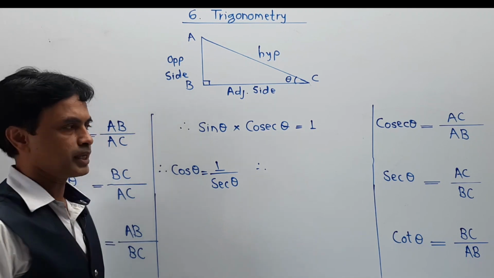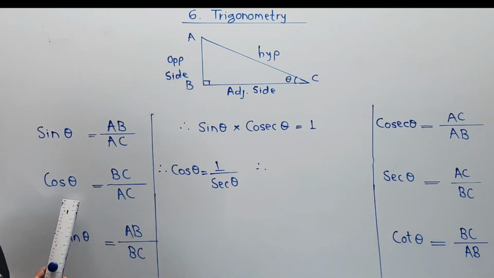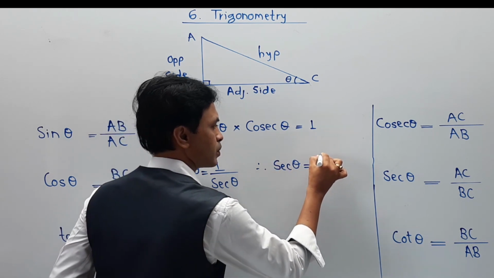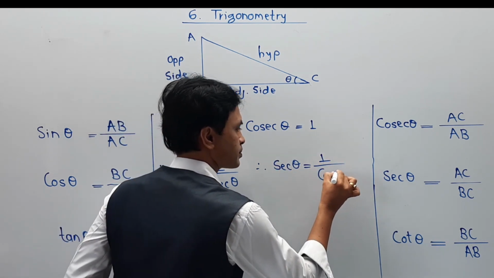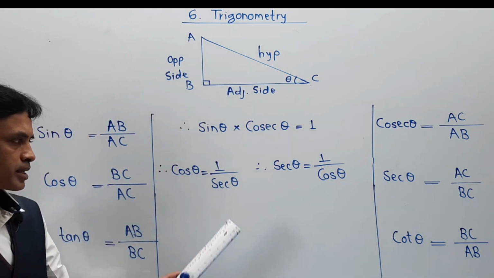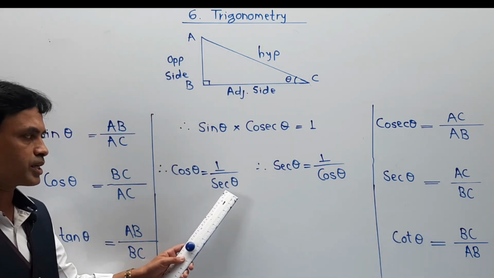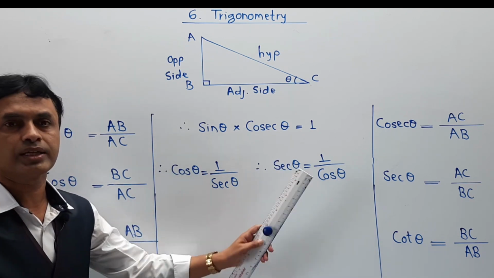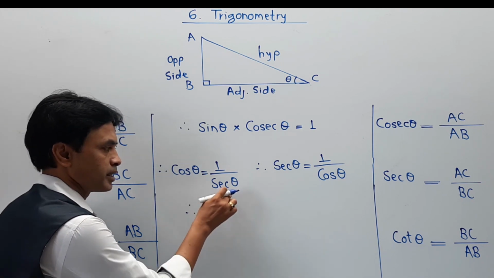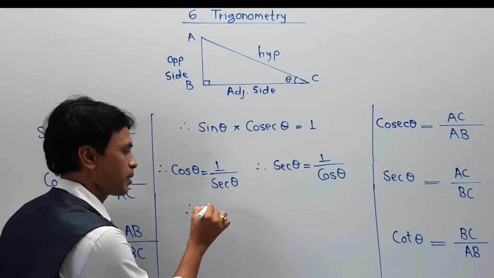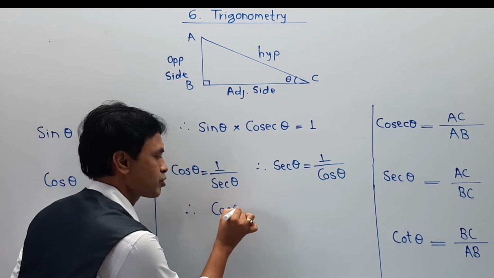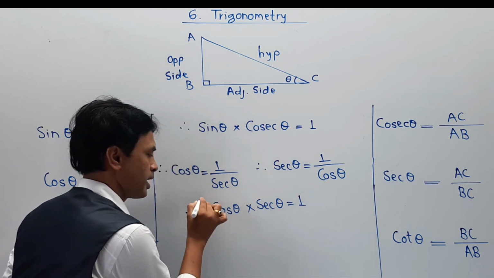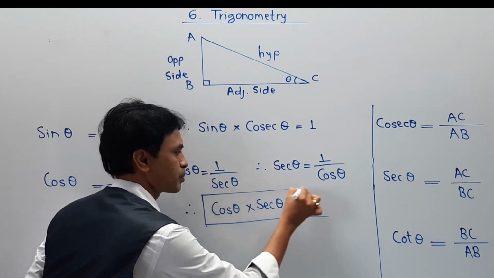You can also write a property that sec theta is a reciprocal of cos theta. So I am writing sec theta is equal to 1 upon cos theta. Naturally, sec theta into cosec theta is 1, or you are also cos theta into sec theta is 1. So I am writing this divided by, shifting over here as a multiply by, you are getting the second property, that is cos theta into sec theta is equal to 1.